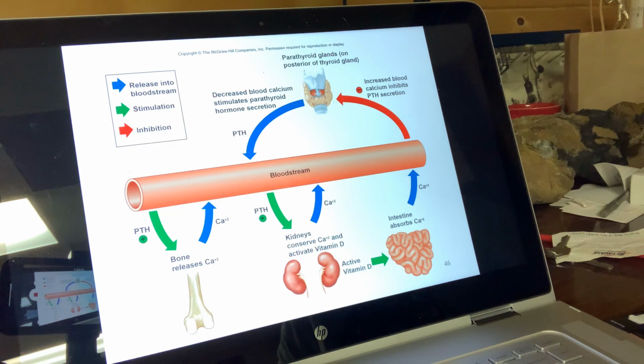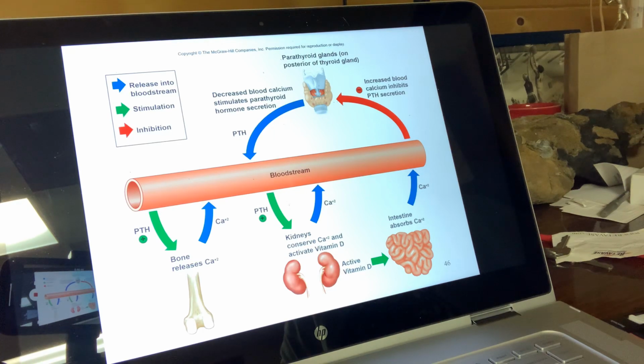The same 3 ways that calcitonin brings down calcium levels, parathyroid hormone brings them up. So if your blood calcium level is low, your parathyroid glands secrete parathyroid hormone into your bloodstream, which affects the same 3 systems of the body. It tells the bones to break down bone matrix. When you break down bone matrix, you release calcium into the bloodstream, which drives it back up. In addition,